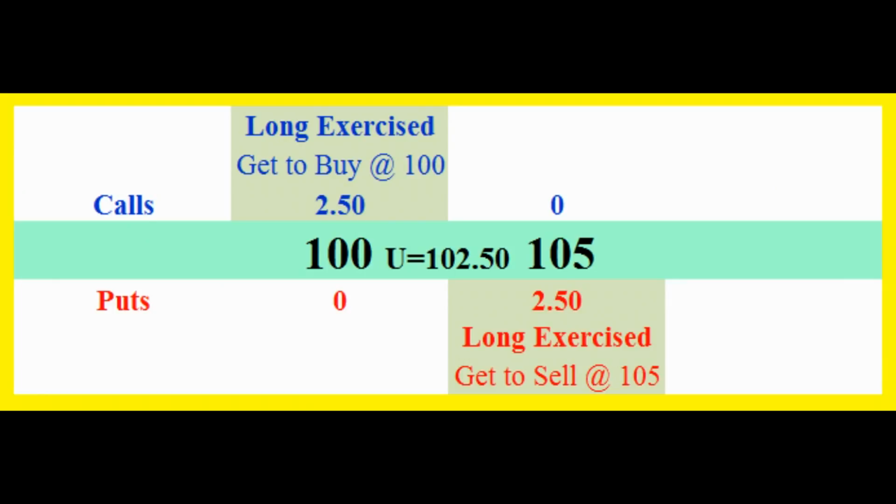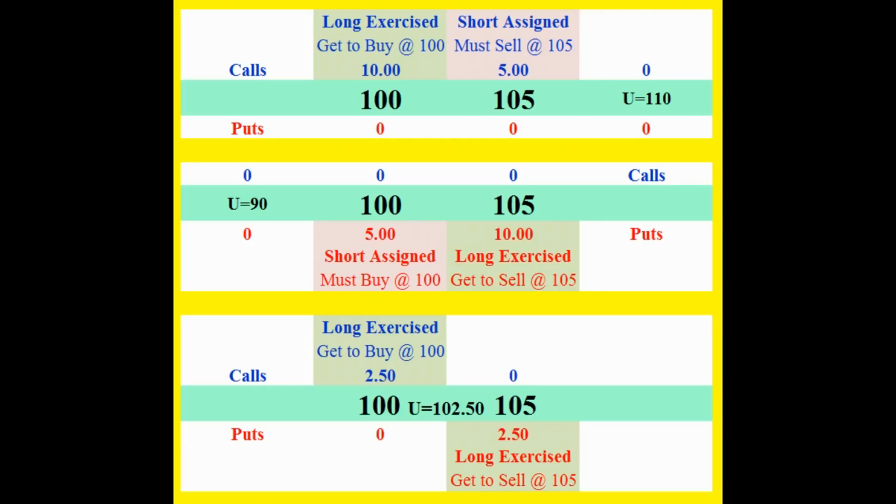If we're talking about the 100s and 105s, and you exercise the 100 call, you get to buy the stock at 100. If you exercise the 105 put, you get to sell the stock at 105, so you'll get your $5. So the box is pretty bulletproof, and there is a problem owning a box when it's right at the strike, and that's called pin risk. But I've run out of time,